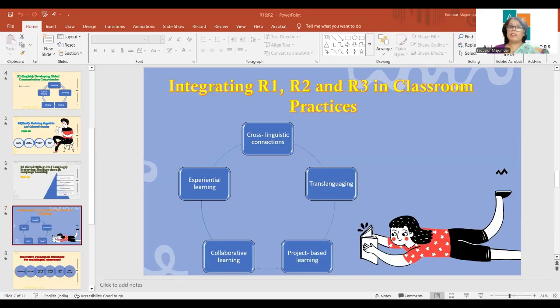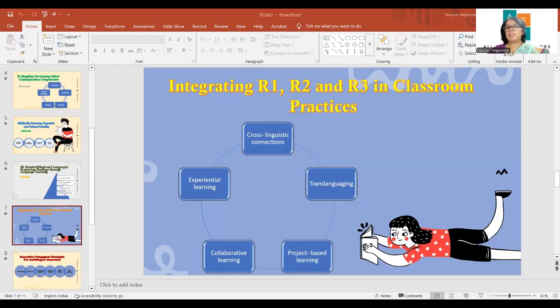Now, dear educators, the purpose is not to teach three languages separately, but to use them together as a resource to deepen our learning and understanding. When languages complement one another, dear educators, the student becomes a confident communicator, a better thinker, and a responsible individual. So once these classroom practices are in place, the next step is selecting teaching strategies.